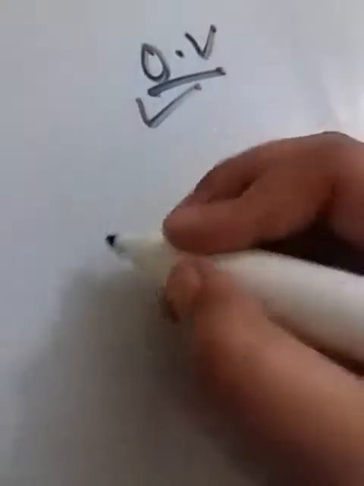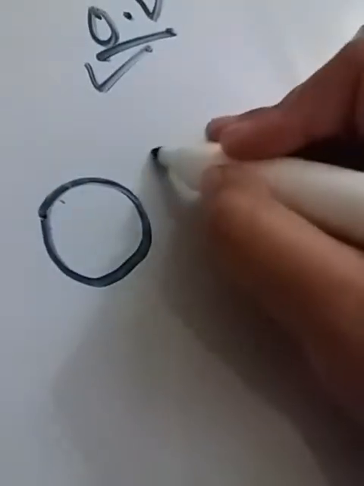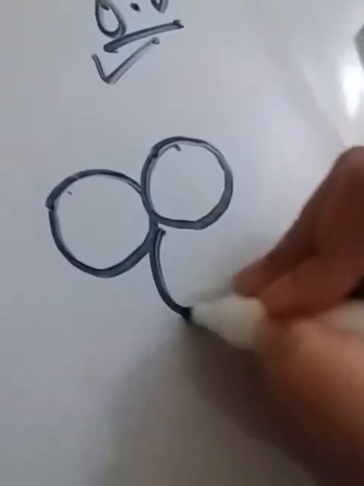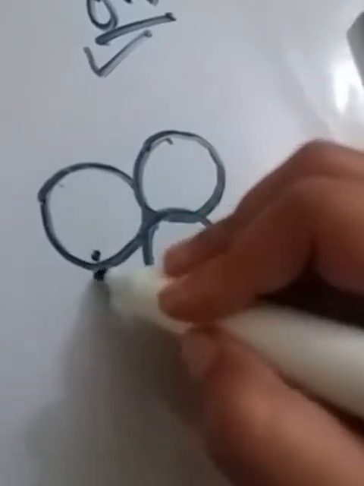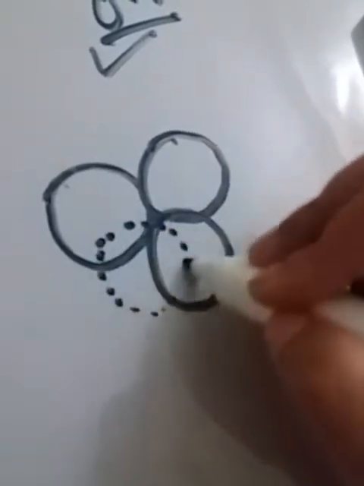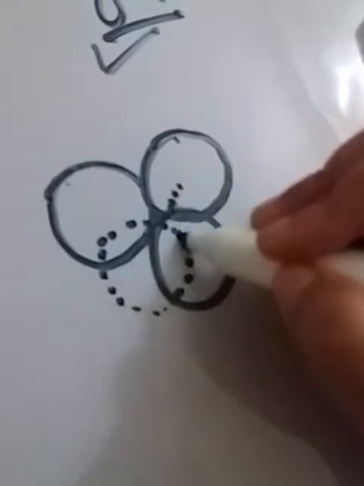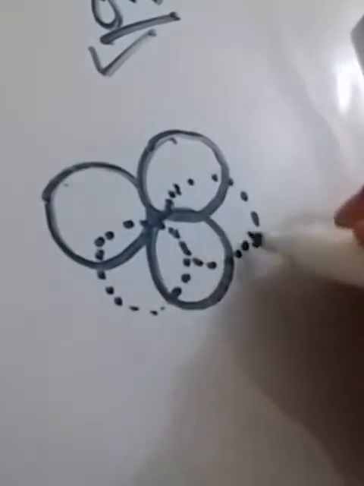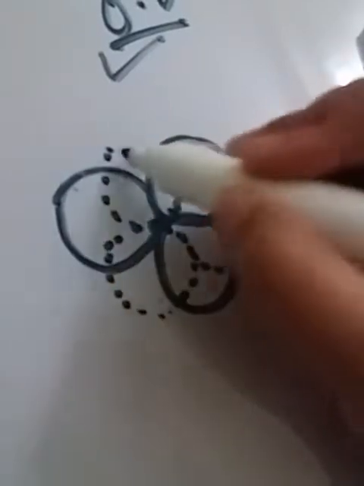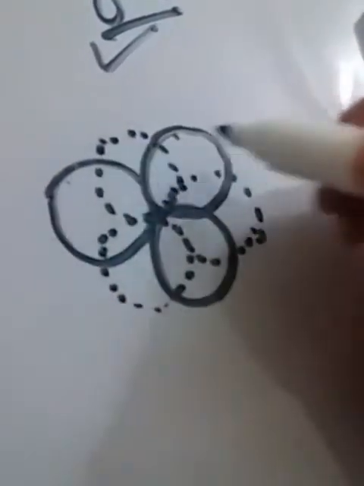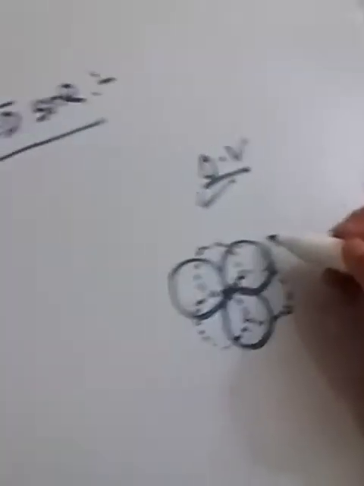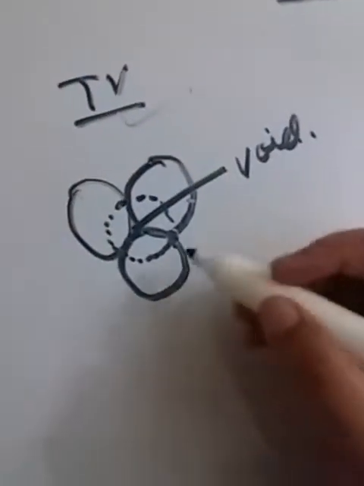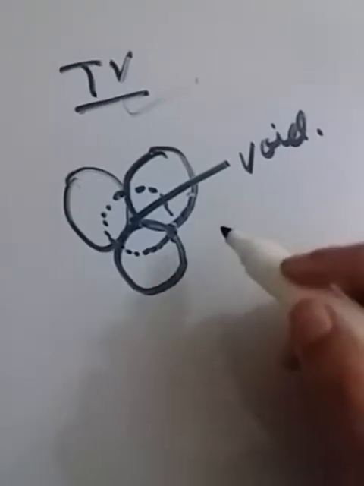And in the octahedral void, it's like you keep the atoms here. And now you keep the atoms here. You keep the atoms here also. उल्टा यहाँ पे एक वॉइड हो गया और यहाँ पे और एक वॉइड हो गया, तो ये वाला होता है octahedral void and this is tetrahedral void. So, TV, OV.